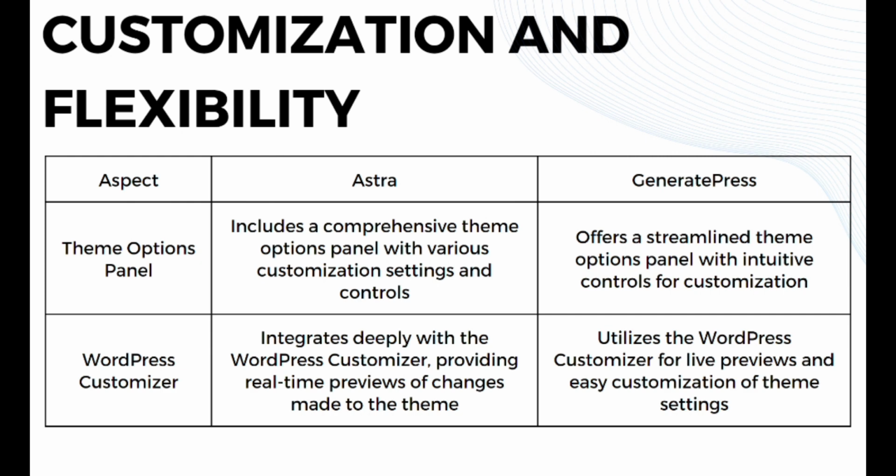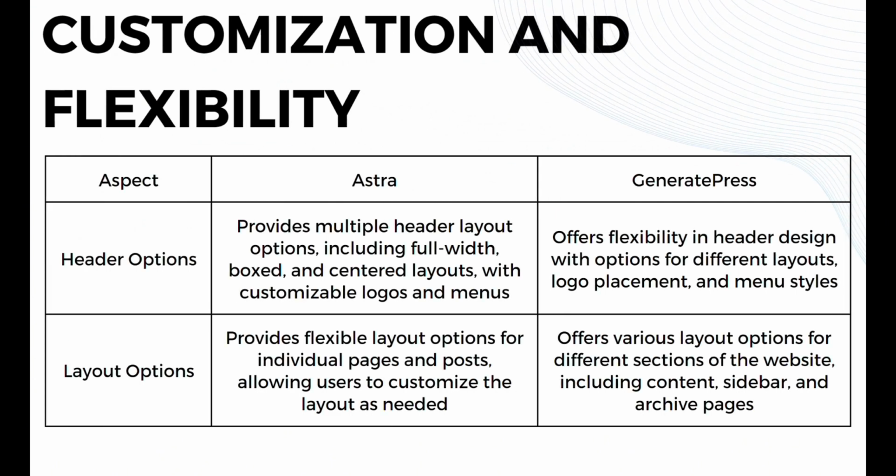And in terms of WordPress Customizer, Astra integrates deeply with the WordPress Customizer, providing real-time previews of changes made to the theme, while GeneratePress utilizes the WordPress Customizer for live previews and easy customization of theme settings. And aside from that, in terms of header options, Astra provides multiple header layout options including full width, box, and centered layouts with customizable logos and menus, while GeneratePress offers flexibility in header design with options for different layouts, logo